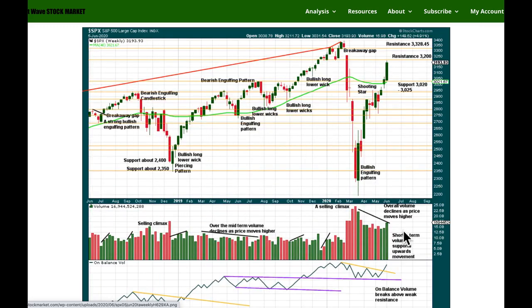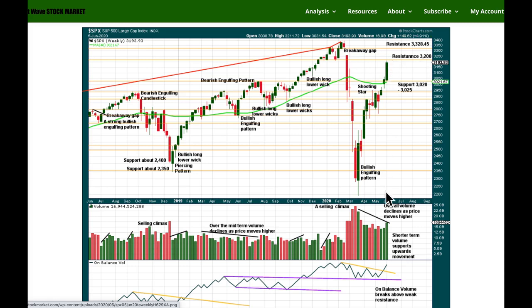At the weekly chart level, though, the shorter term picture looks more bullish. We've had a really strong upward week. Support, which was quite strong at 3020 to 3025, was overcome. Some energy was released and prices jumped up to the next area of resistance. Resistance was overcome. It now turns to support. Next area of resistance, not so strong, is at the round number pivot of 3,200.